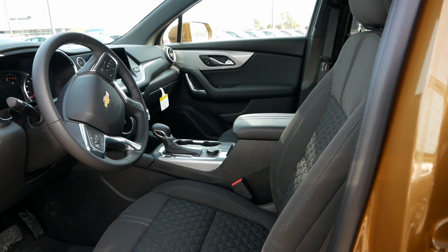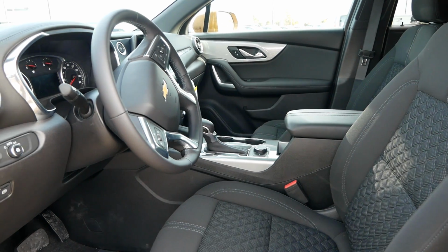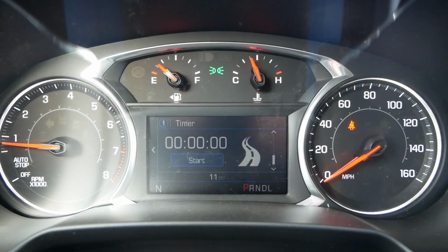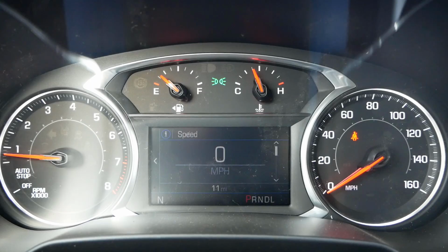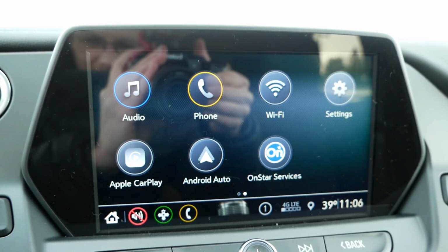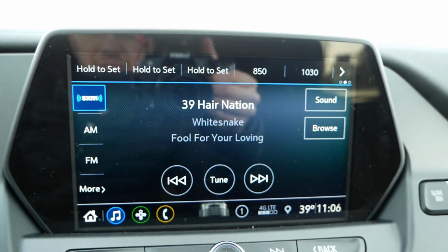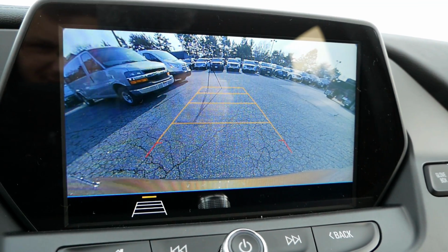Inside, the 1LT are greeted by cloth seats, with the driver's side being power adjustable. By adding the convenience and driver confidence package, you get 3 level heated seats up front. In the center of the instrument panel is a digital information display, and by using the buttons mounted on the leather-wrapped steering wheel, you can scroll through a variety of information. Moving over to the infotainment system, you get a touchscreen, and as mentioned before, Apple CarPlay and Android Auto compatibility do come standard. You get a rear backup camera with trajectory to go along with your rear cross traffic alert